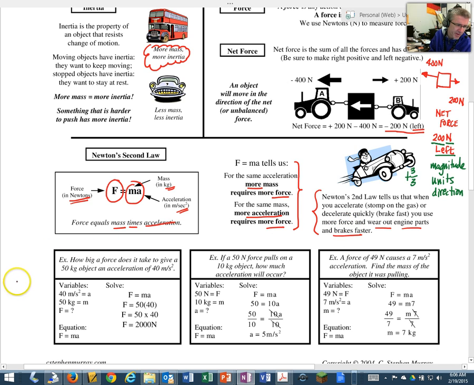Hey, these questions at the bottom, these are samples. So when you want to know what the force is, if you're given a mass and you're given an acceleration, then just multiply them. Force equals mass times acceleration, right? If you're given a force and the kilograms, then use the cheat sheet circle, right? So if you've got force equals mass times acceleration, but I give you a mass, then what's left over is